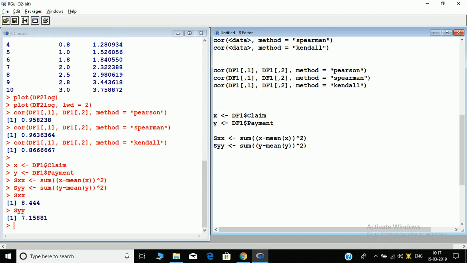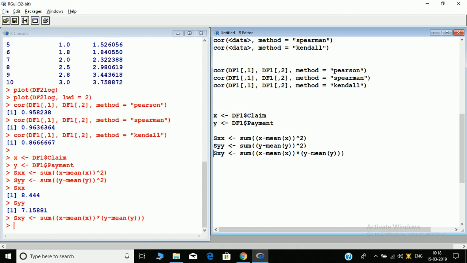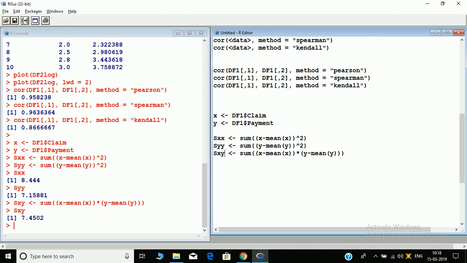Next we calculate SXY. So sum of (X minus mean of X) into (Y minus mean of Y), whole bracket close. This is SXY. This is 7.4502. And what is the correlation coefficient?